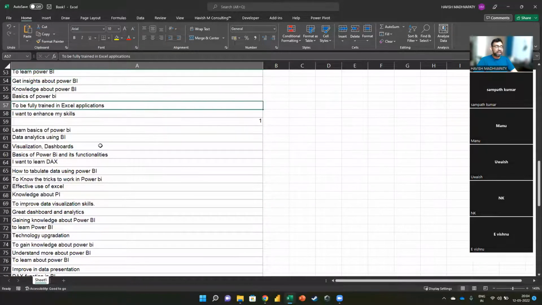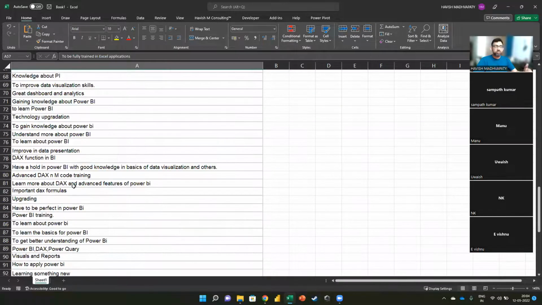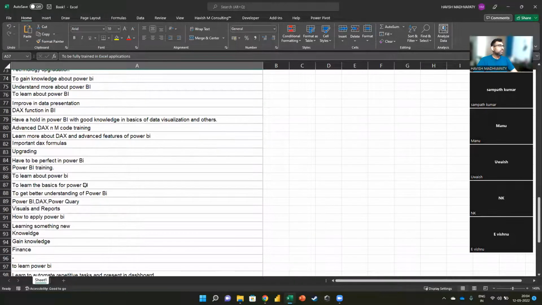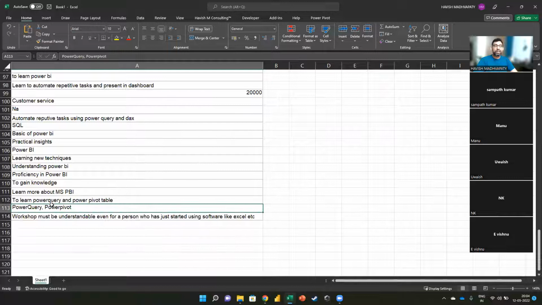To be fully trained in Excel application, all right. What else do we have? I'm just going to read out the different things. So we have visuals and reports, then we have finance, we have Power Query and Power Pivot, and understandable for somebody who's just starting with Excel. So I'll try my very best to cover as many of these things as possible, right?